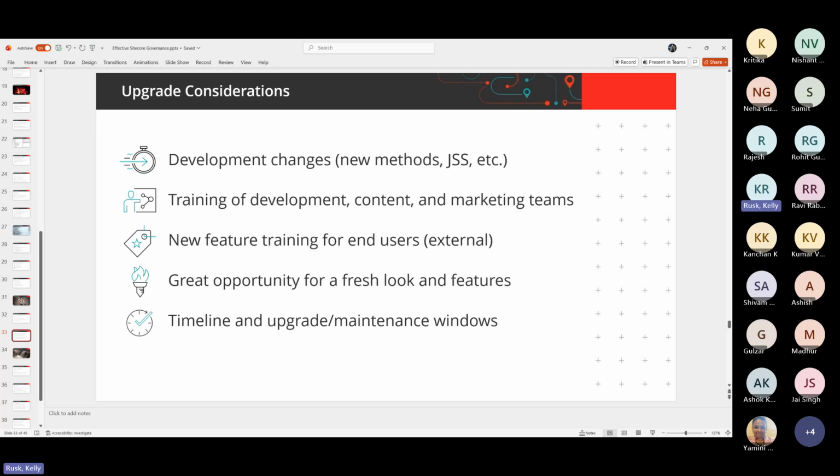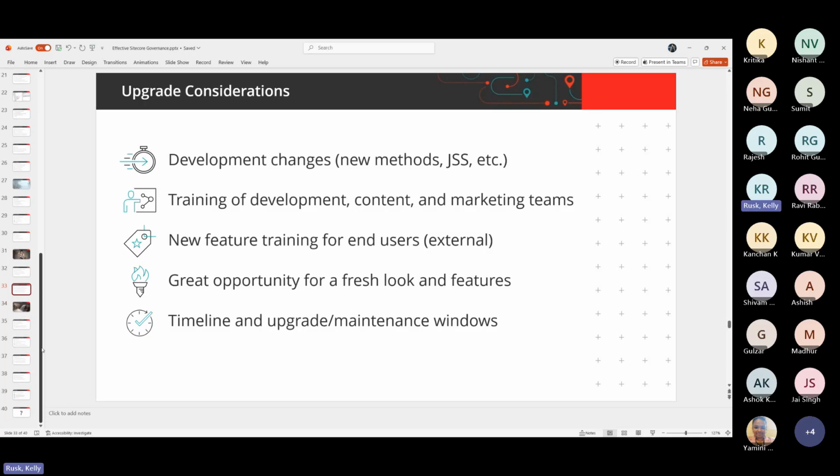And this is a great opportunity for a fresh look at features, right? So as you go through Sitecore upgrades, don't miss the opportunity to document things out. It's going to help you so much. And once you have this environment, you've got your infrastructure policies, you're following maybe your SQL maintenance plans, and you have a standard to review them. You understand your deployment pipelines.